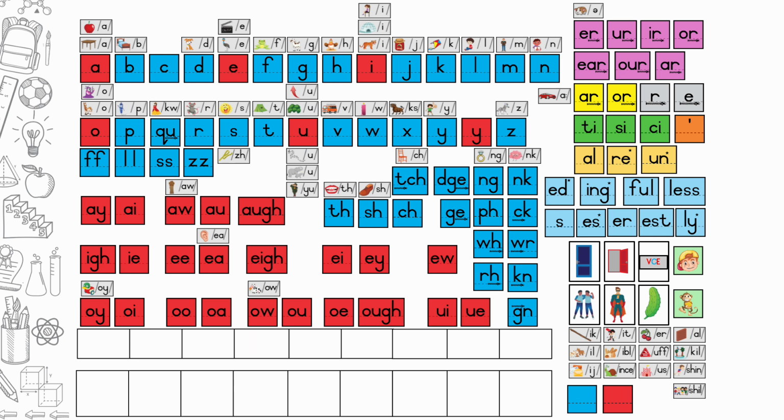Build or write the word fat. What do you hear? Clap it out on the arm. F-A-T. Let's build our sound tiles. F, A. Children must be able to do both these tiles independently. The teacher can guide. T.